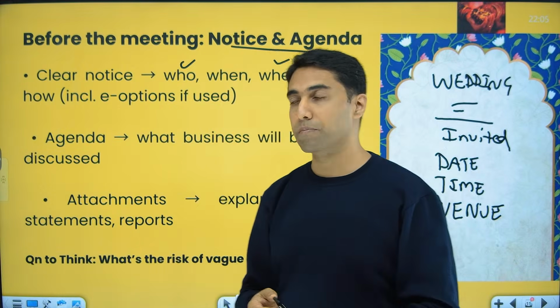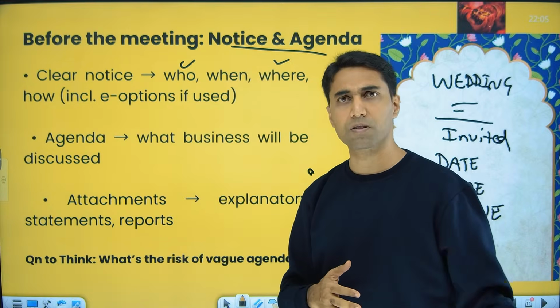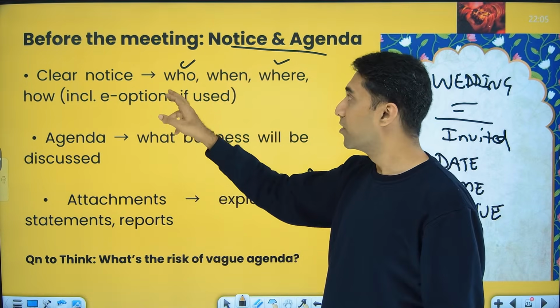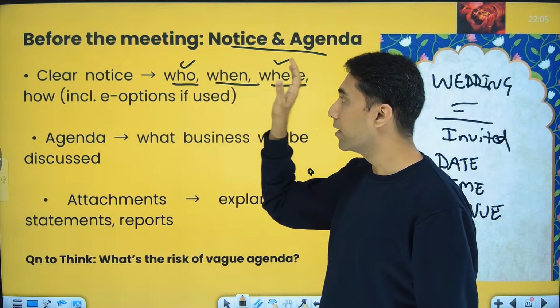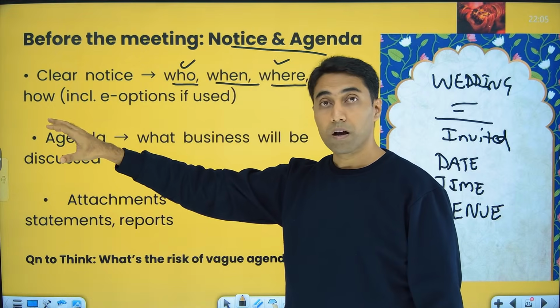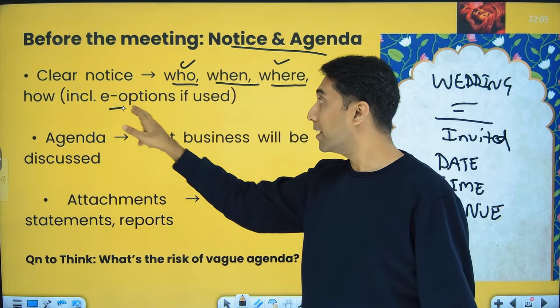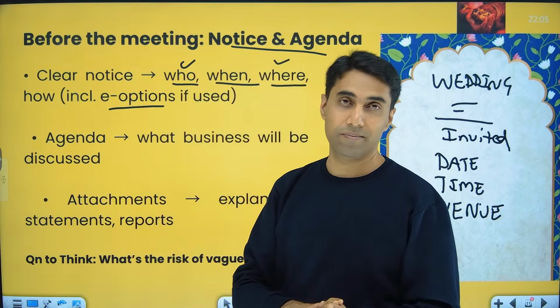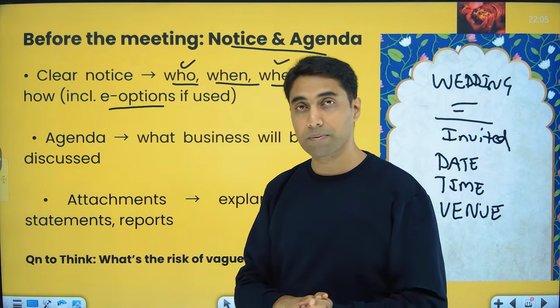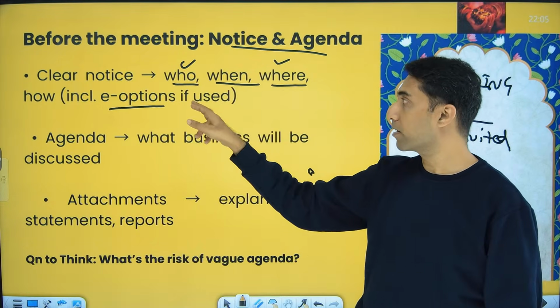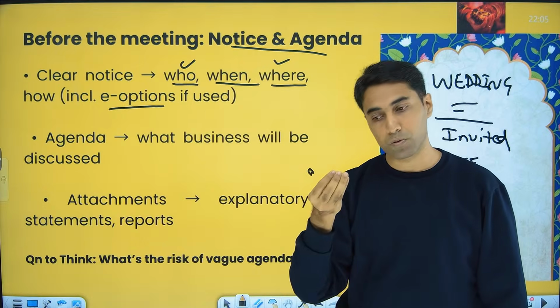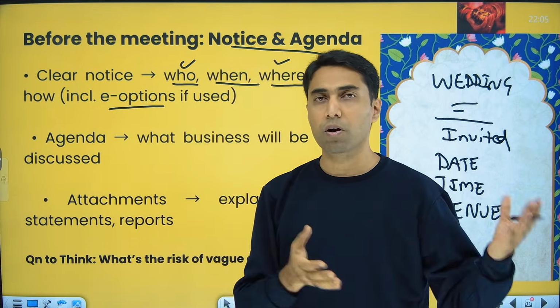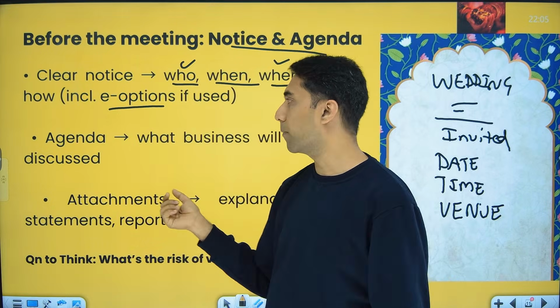Especially for a housewarming ceremony, people do that. It will be somewhere outside, very far away. So you have to give a clear who, where, when, how. How are you supposed to attend? Because you can even attend online. If it is a video conferencing meeting, it's online, correct? So how can you attend? All this should be given to the shareholder, saying that if you want to come, these are the things, how you need to come.